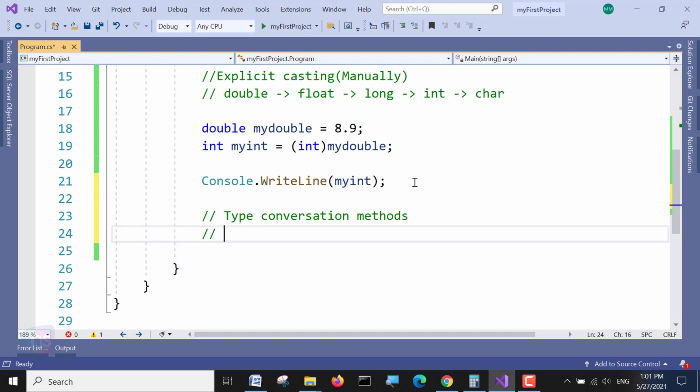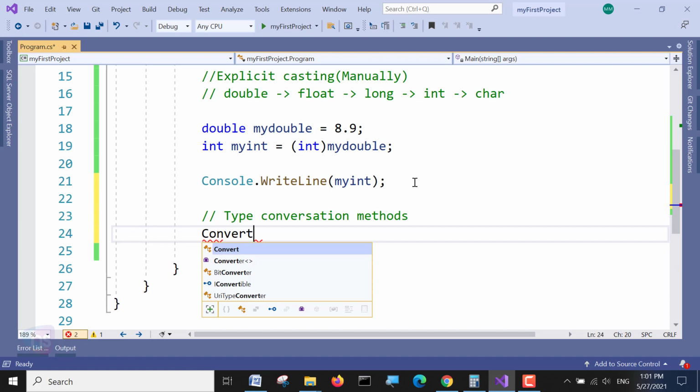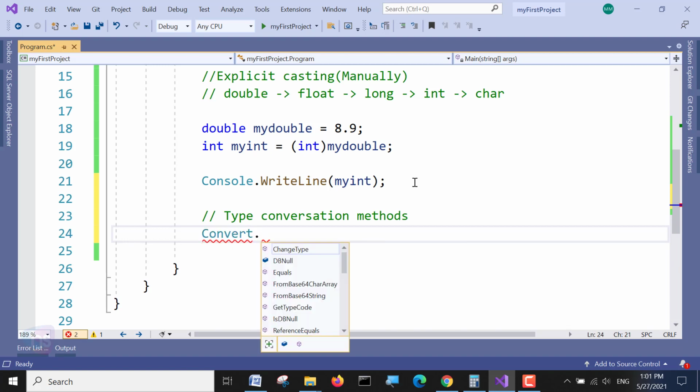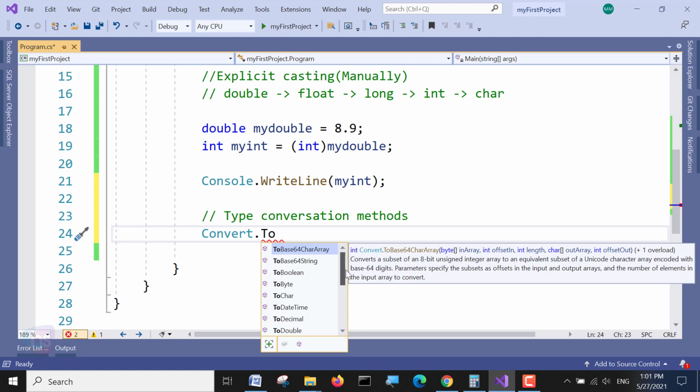What are the type conversion methods? Yes, Convert. See, I'll write here, it comes. Convert dot to, see, these are all conversion methods.